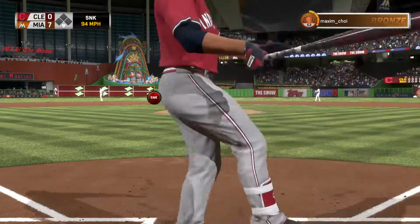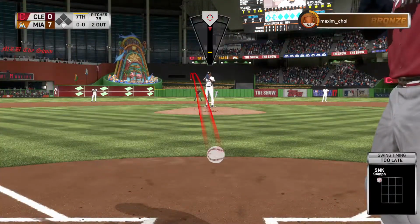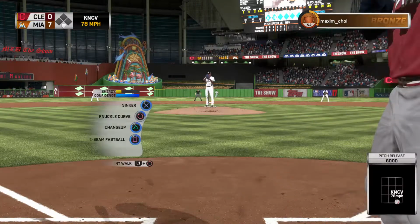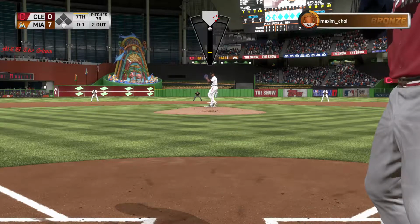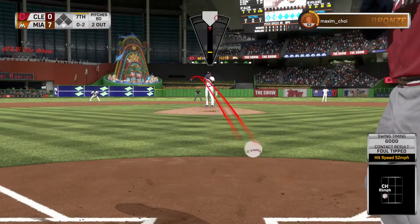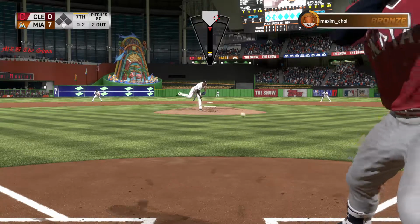Oh, and he struck him out as well, so he's carving right through the heart of this lineup as there are 2 away now. Number 23, Michael Brantley. Michael Brantley stands in as he checks his swing here for strike 1. Well, he's thrown over 70% first pitch strikes to all the hitters in the game right now. That's why he's pitching late in the game. He's getting ahead of guys, and then you can manipulate as you move forward. Boy, he's been great in this one, and he's only...